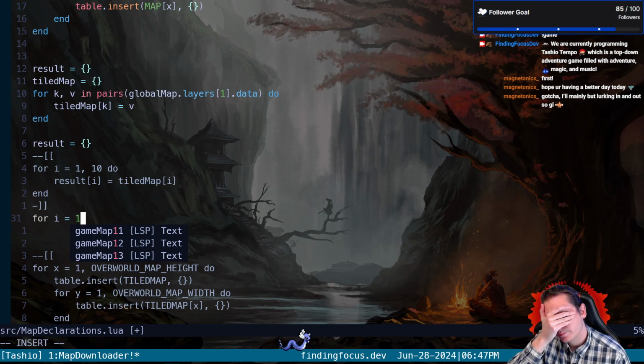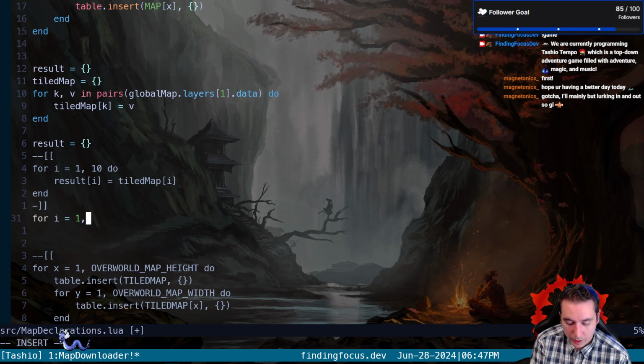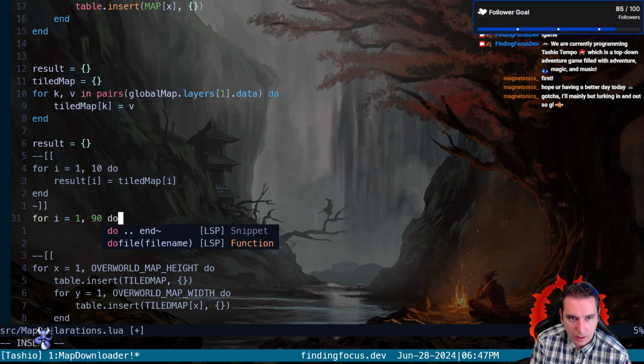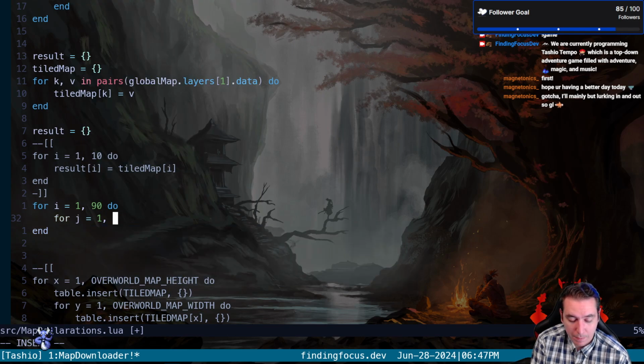okay, let me think. We have to do, we have to populate all the columns, right? Which is 100. So we've got to do all the columns, and then we've got to do all the rows, and we've got to do all the columns in all the rows. So if we do for I gets 1 for the rows first, and then nested inside all the columns, rows would be 90, and then for J gets 1, 100,